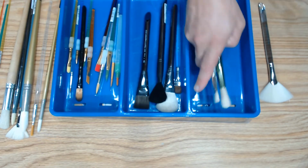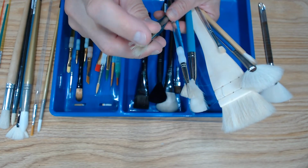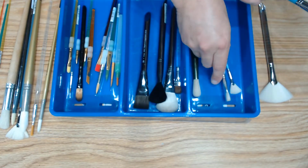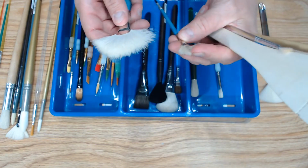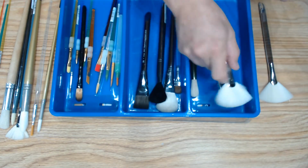Now these, I had mentioned, they look very similar to these, but take a look. These are really stiff. And so these 3 brushes are actually hog bristle. And it is also a natural hair. And this is very stiff and flicks back, where this is really soft. If you could touch this to your face,